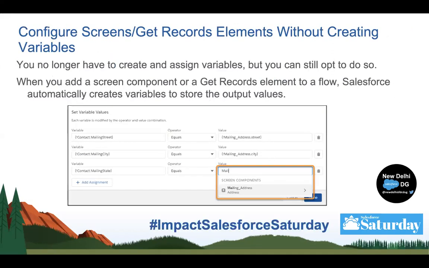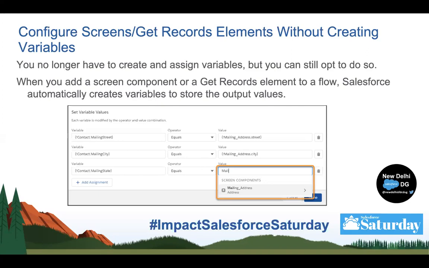Next, still continuing with the Lightning flows. Now the creation of screens is very simplified, I would say. Let's say you create a text input box on your flow screen. Earlier, you had to define a variable for it, let's say first name. So you had to create a variable first and then assign that value into the variable first name, and use that variable throughout the flow. That process is completely removed. You just have to create an input text field, and that variable is automatically created by the flow. You don't need to manually create a variable for each and every field on the flow. So you can just directly reference that